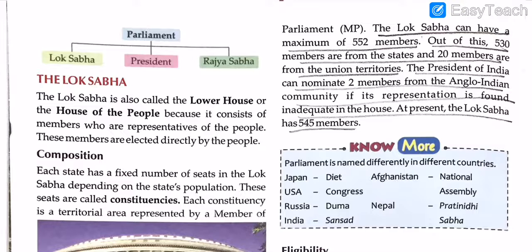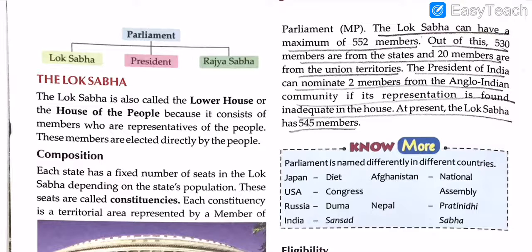So the Lok Sabha is also called the lower house or house of the people, because it consists of the members who are representatives of the people. These members are elected directly by the people. That's why they're called the lower house, because the citizens are the ones who elect them, right? So the composition is, each state has a fixed number of seats in the Lok Sabha depending on the state's population. These seats are called